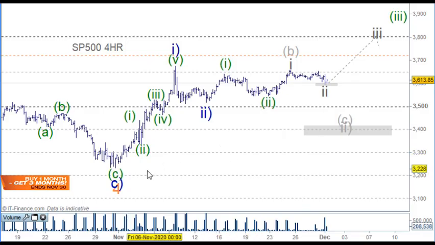It explains both counts here. The first count is from wave 4 here as wave 1. It's a little bit dodgy for wave 2, I understand that, but I can count 5 waves down here. There is an overlap on 4 and 1, so yeah, I know you can throw tomatoes at me on that one,